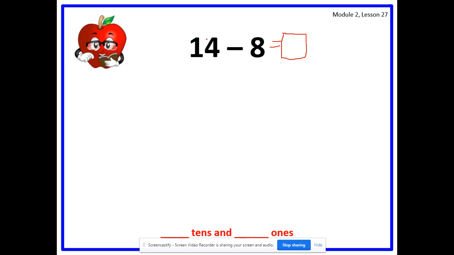So I am going to use again the take from 10 strategy. Again, if you drew 14 circles and crossed off 8, that is totally fine as well. So here, I'm going to decompose 14 into 10 and 4. And now I'm going to circle 10 minus 8 because I'm going to have 10 and